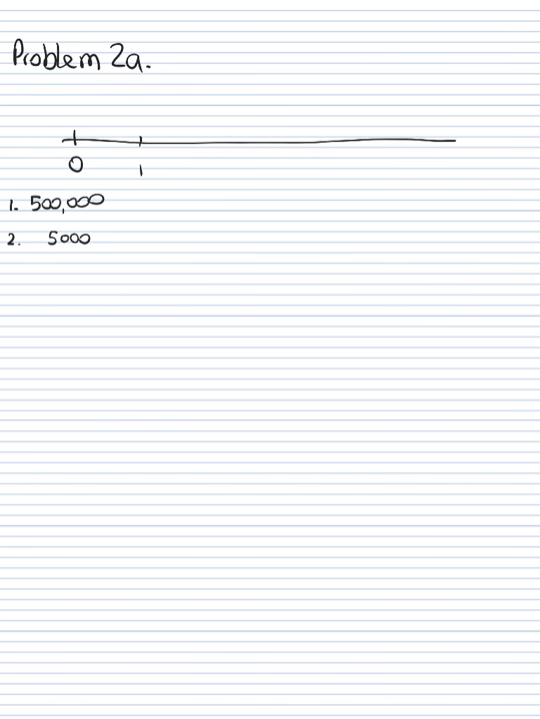So in problem 2A, you've bought a lottery ticket and you've won. And by winning, you've been given a choice of one of two prizes. The first choice is $500,000 today. The second choice is to take $5,000 at the beginning of each month